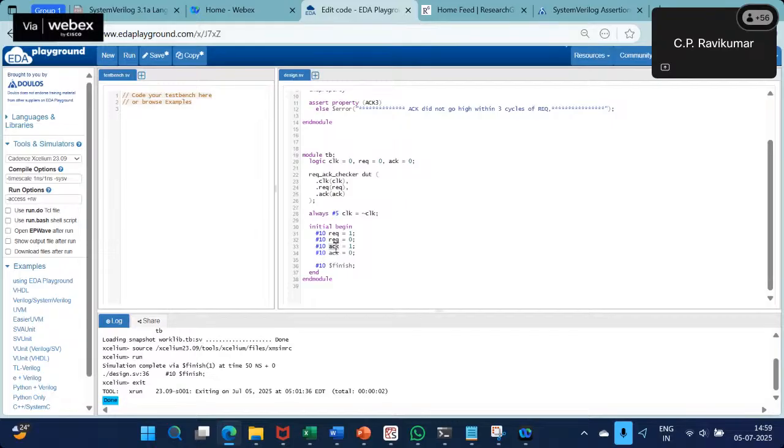The acknowledge went high at 30 units of time, and acknowledge became 0 after 40 units of time. And we are finishing the simulation after 10 units. So $finish means finish the simulation. So if you plot this waveform,